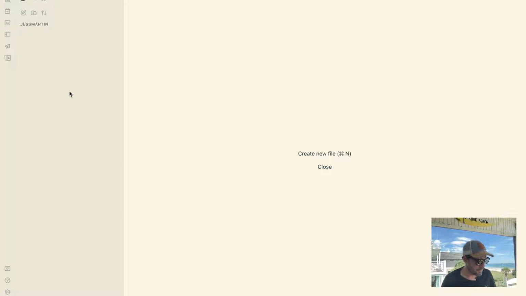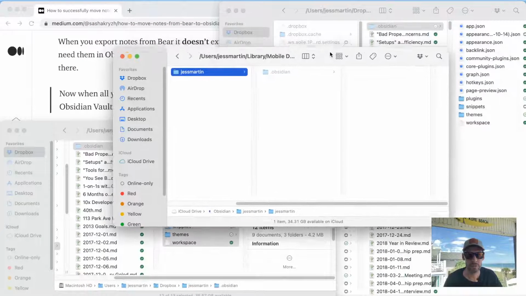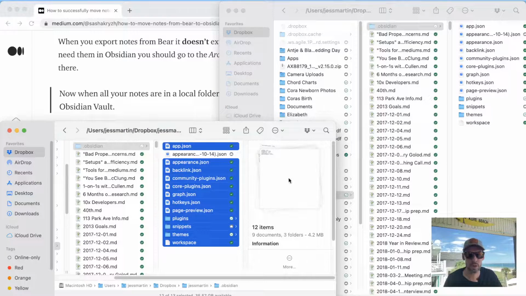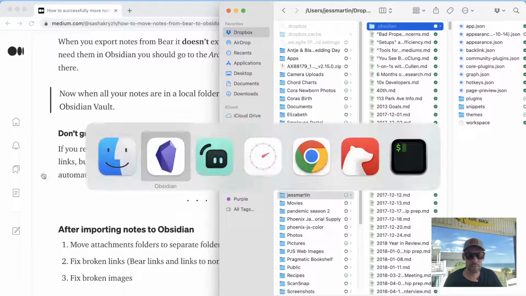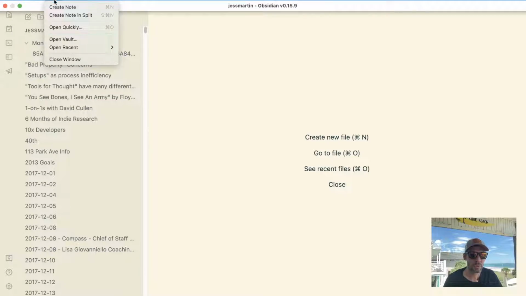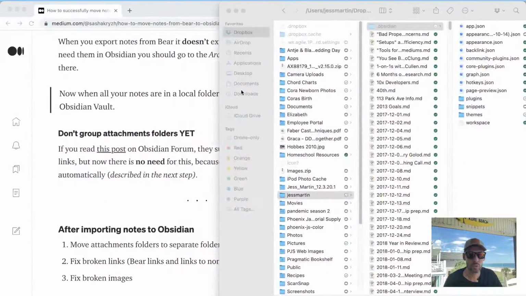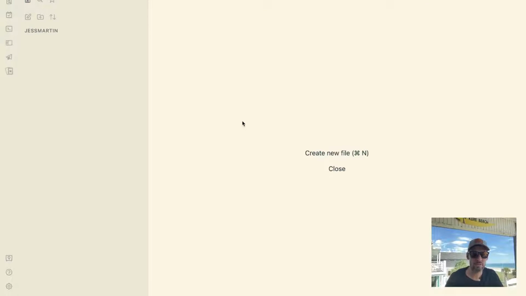Kind of nice that Obsidian uses this dot file convention for settings. It'll make it really easy for me to back up those settings to my GitHub and make it part of my overall dot files and such. All right, cool. At this point, we are going to close the Obsidian vault that is in Dropbox, just so we don't get confused about which one is which, because they're going to look really similar from now on. And we have this one that doesn't have any files in it.